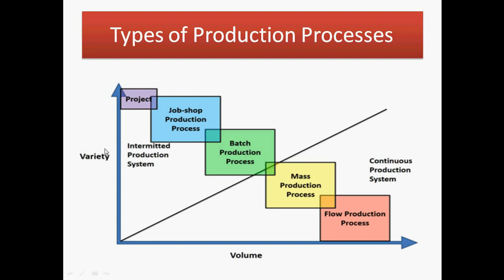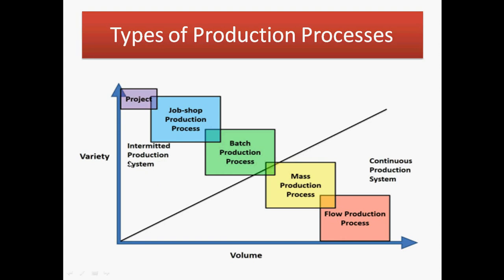And if you observe the upper side, project, job shop and batch production are on the upper side. So that's why we observe a number of varieties. Number of varieties means what? We have created new design specifications over here. According to the usage of your machines, you can manufacture new products. So that should be possible in an intermediate production system. So here no repetitive task is there. Here you are creating new versions. Okay, so this is why variety is more in this intermediate production system.